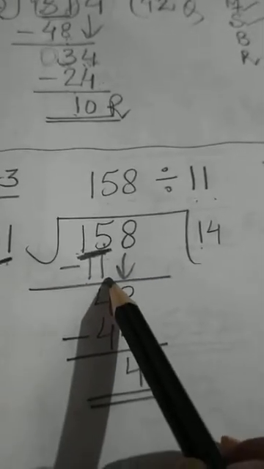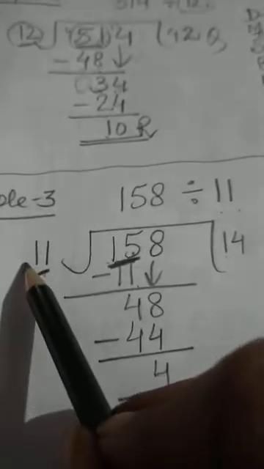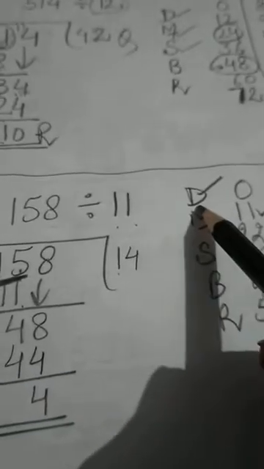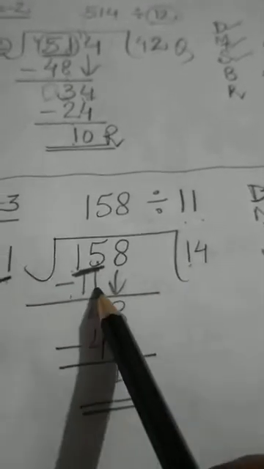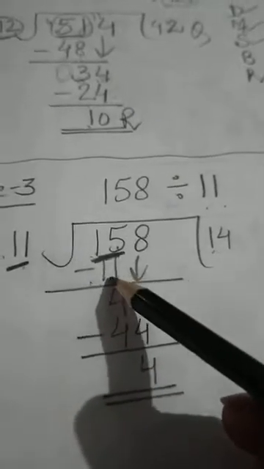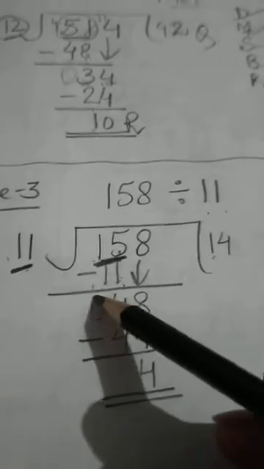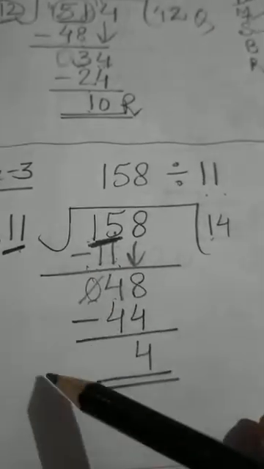This multiplication we have done. Firstly we have thought about division, 15 divided by 11. This first step we have done. Second is of multiplication. By observing the multiplication table of 11, we have seen what to multiply. 11 ones are 11. Next step is of subtraction. Now 15 minus 11. 5 minus 1, 4, 1 minus 1, 0. This 0 we will ignore, we will not write. Yes, now subtraction has been done.